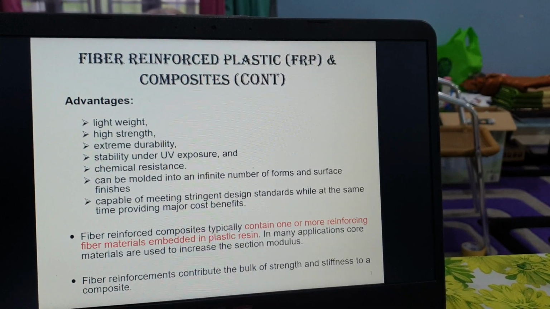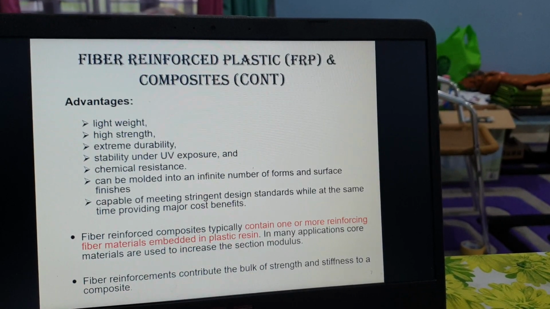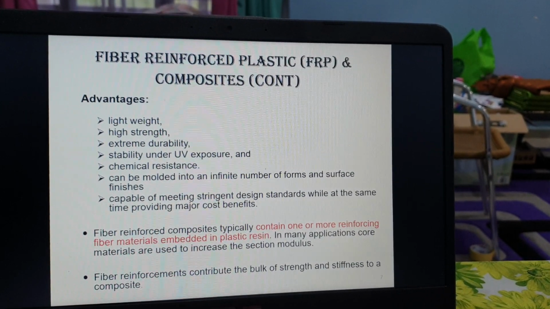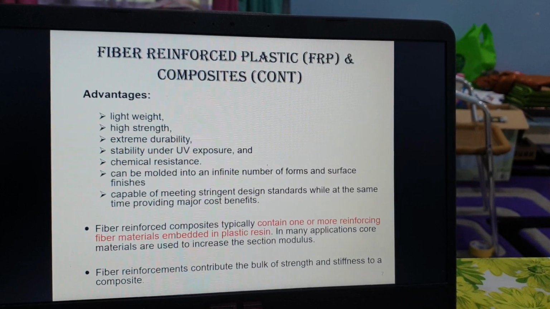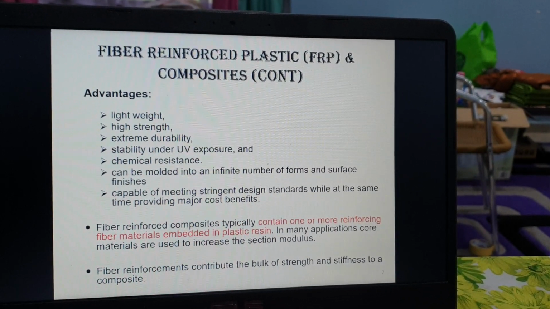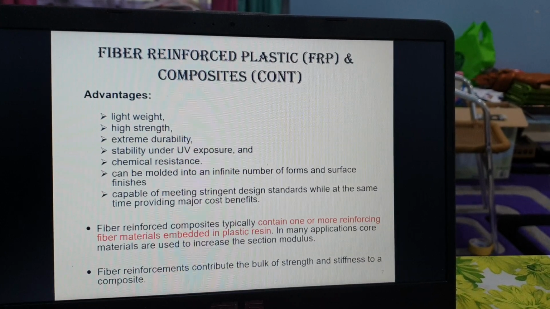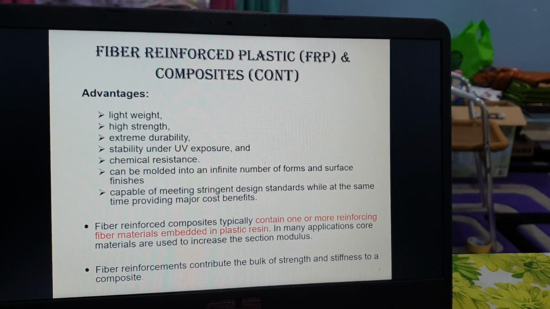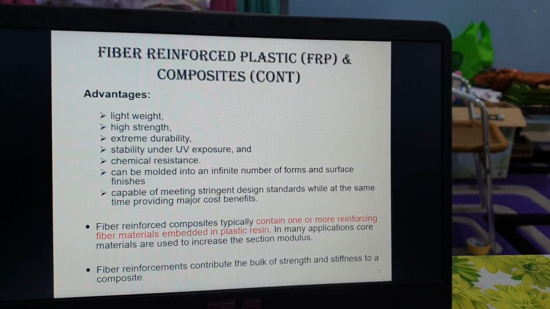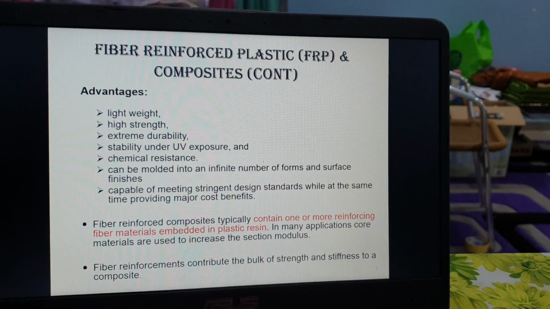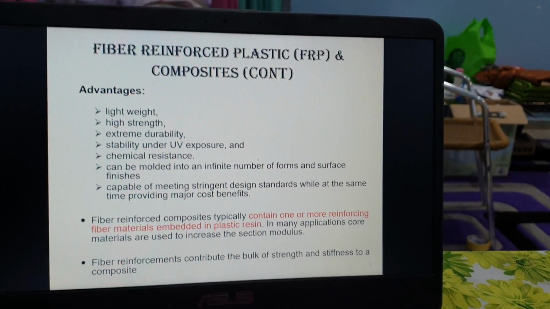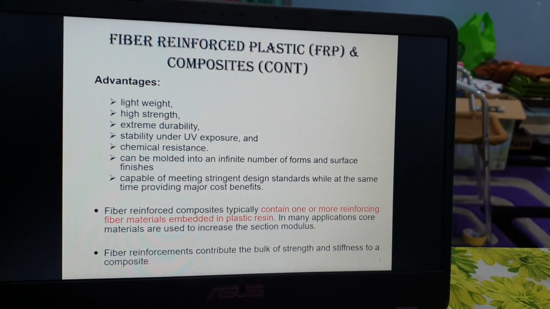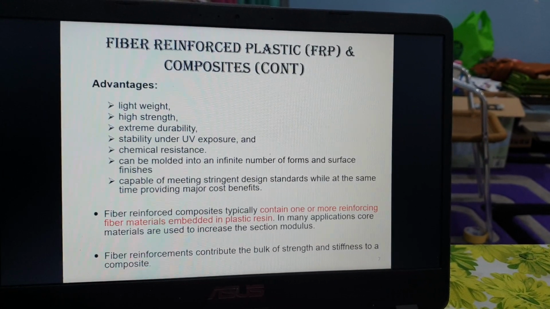What are the advantages of FRP and composites? Basically, we use FRP because it is lightweight. Even though it is light, it has very high strength, extreme durability, stability under UV exposure and chemical resistance, can be molded into an infinite number of forms and surface finishes, and is also capable of meeting stringent design standards while at the same time providing major cost benefit. Meaning that in terms of flexibility, FRP is more flexible compared with other materials such as concrete and